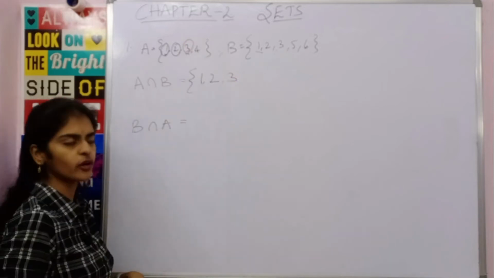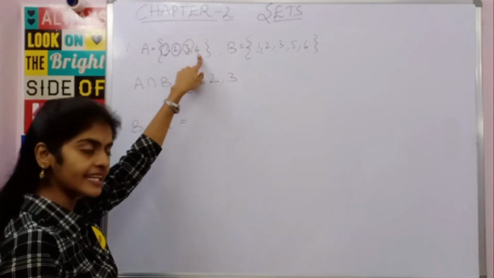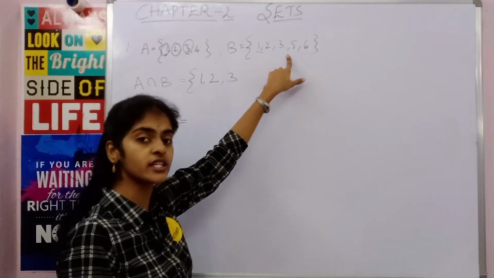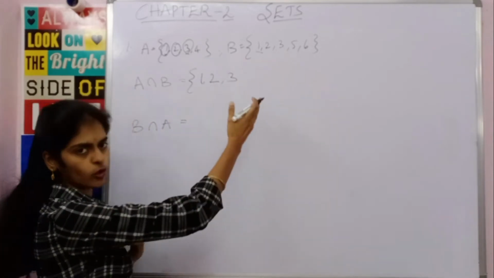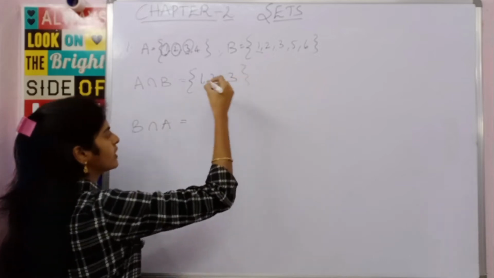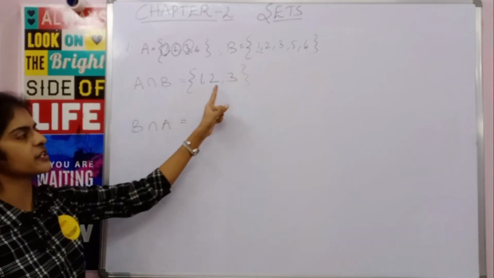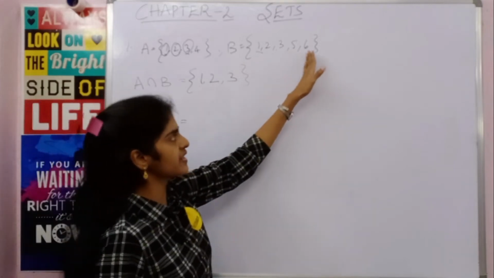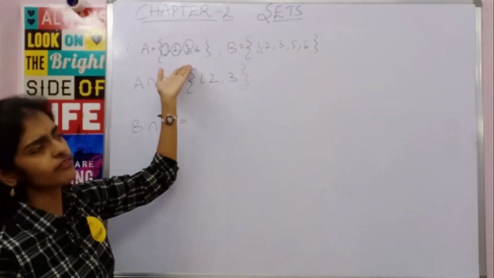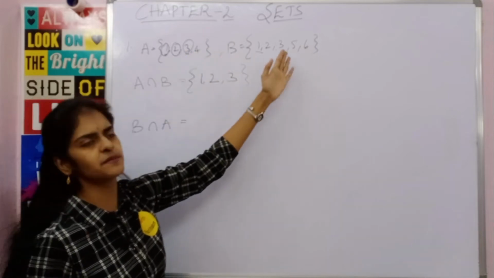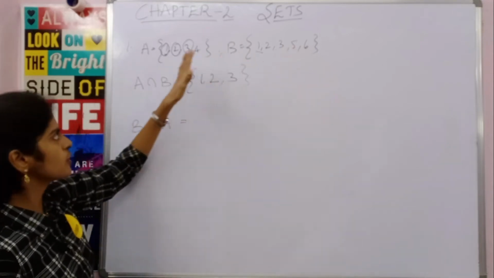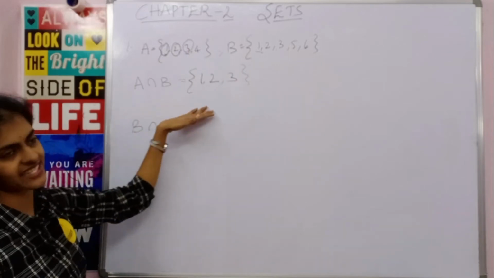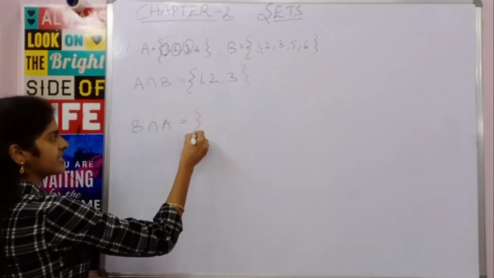Now 4 is an element in A and you see that there is no 4 in B. So 4 is not an element of B, so 4 is not common for A and B. So the only elements of A intersection B are 1, 2, 3. I am not checking for the other elements in B like 5 and 6 because you can see there is no 5 and 6 in A, so it is a waste of time checking the elements of B. Clear? So you will just check for the common elements, and the common elements are nothing but the elements of A intersection B.